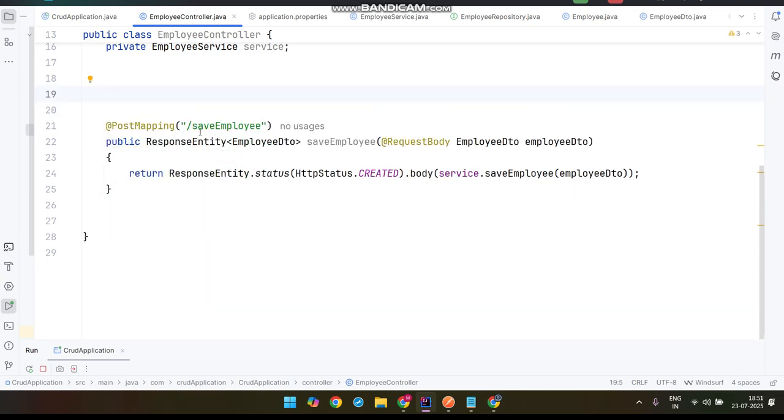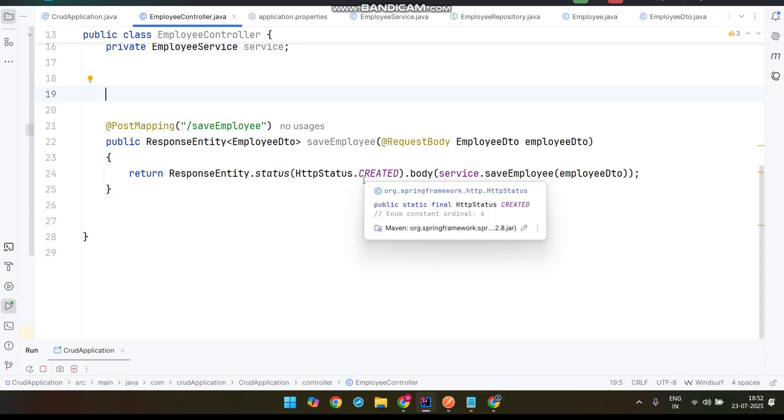In the post mapping we have given slash save employee, and ResponseEntity of EmployeeDTO is the return type. We have defined DTO and entities, and we have defined the AppUtils for conversions between the DTO and the entities. Then in save employee we take the request body, and in this body we are passing the whole employee object. Then we are returning ResponseEntity dot status, HttpStatus dot CREATED, meaning this resource will be created,